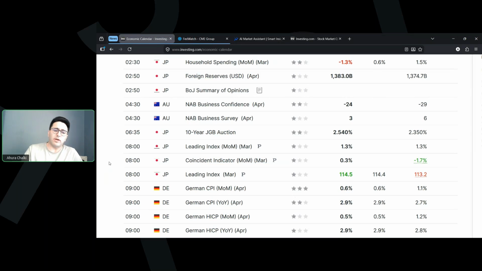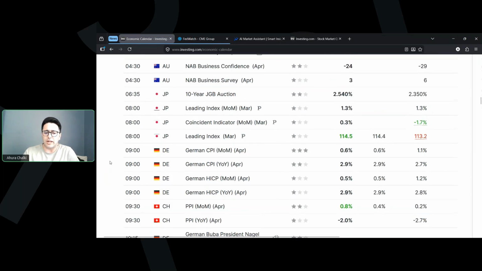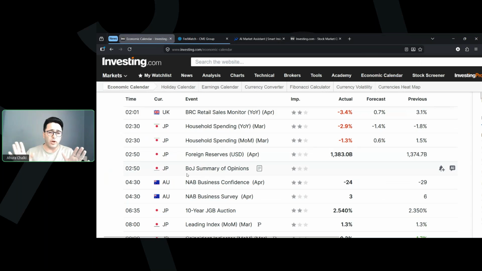But at the same time, we had some positive numbers from Japan also. The leading index slightly increased from 113 to 114, and as mentioned, the leading index economic data from Japan are not such bad numbers. Again, we are coming back to my first subject: everything is about the feeling of the consumers. Even though the Japanese economic numbers are not weak, when you're looking at the Japanese economy, you can see the numbers are fine, even if they are not resilient. But when you're looking at the consumer, they are not spending the money.